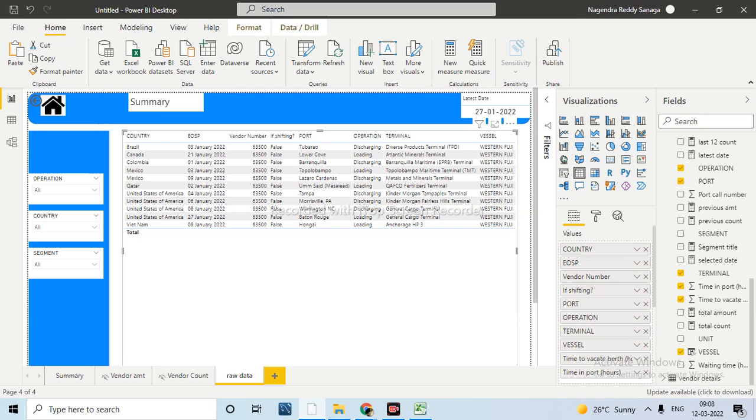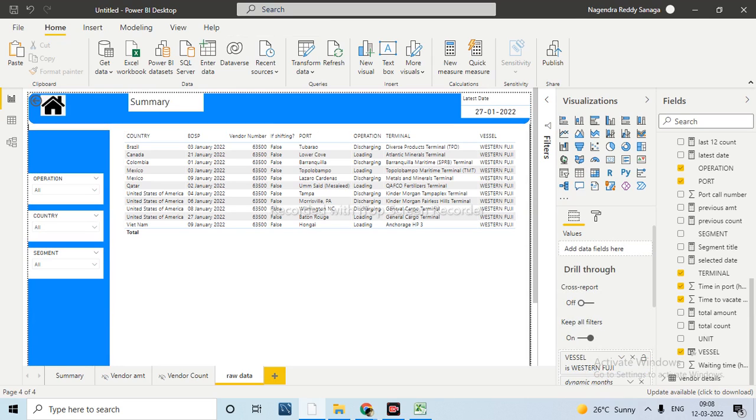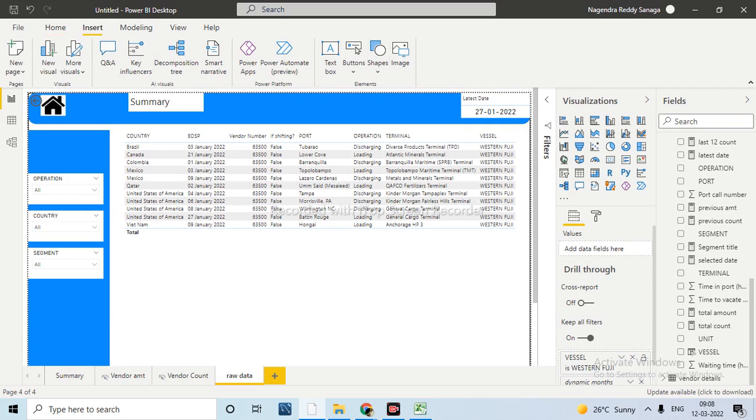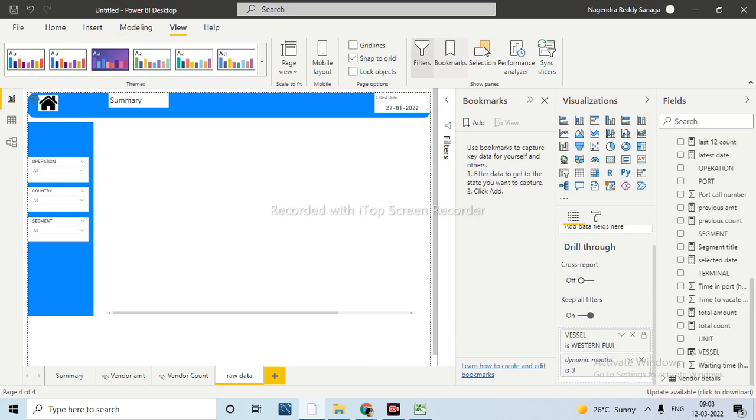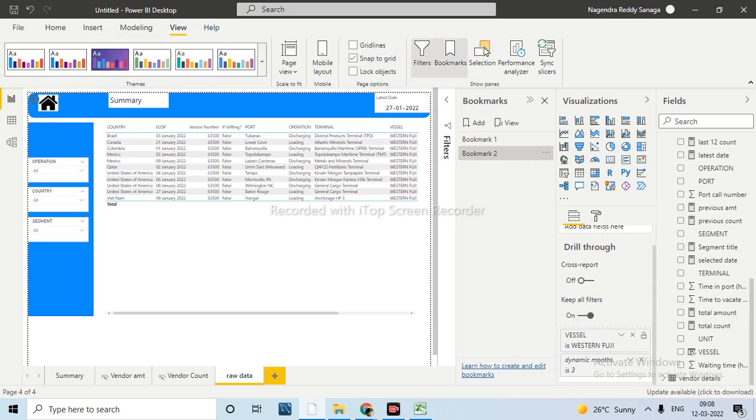Now if you want to clear these filters again, you don't have a direct option, because this page will be hidden. Directly you can click here, but when you publish it to the service, this will be hidden. At that time, what you can do, for this sake only, is create a button here. First you need to set the bookmark, the clear all bookmark, which we have done earlier. The same thing, let me come to the bookmarks. I am taking one bookmark.